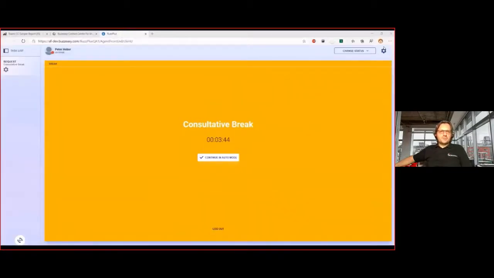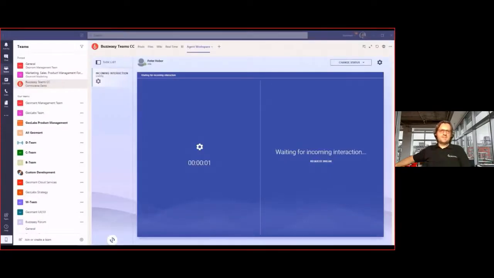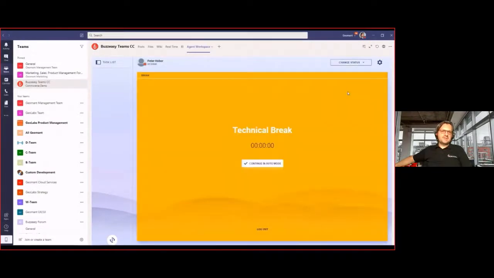We can support popping this out to a browser window. And to be honest, this is our preferred solution at the moment until apps can be popped out from Teams, but it's fully synced. So as you can see, I changed the status on the browser, and it updated this as well.